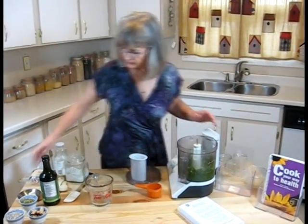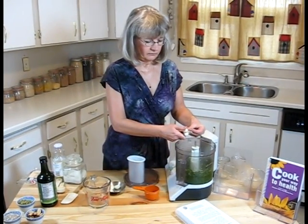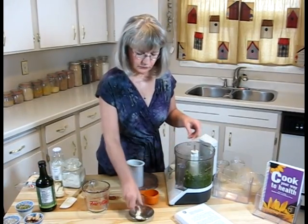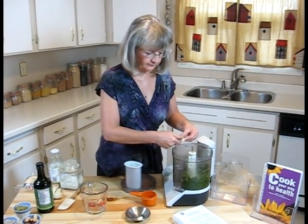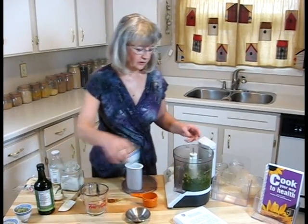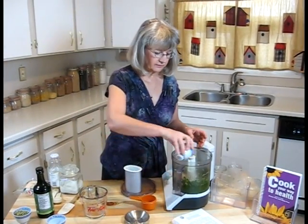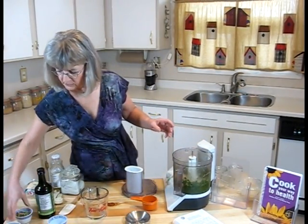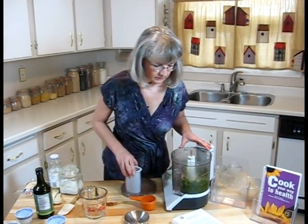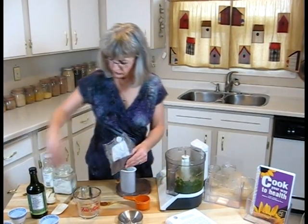Now we'll add the garlic. Just cut into smaller pieces. These are fairly large cloves. 4 cloves of garlic. We'll add the Brazil nuts, the sunflower seeds, the pumpkin seeds, dulse. We're going to use 2 teaspoons of dulse,